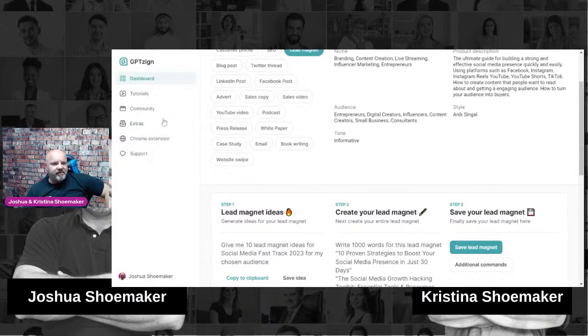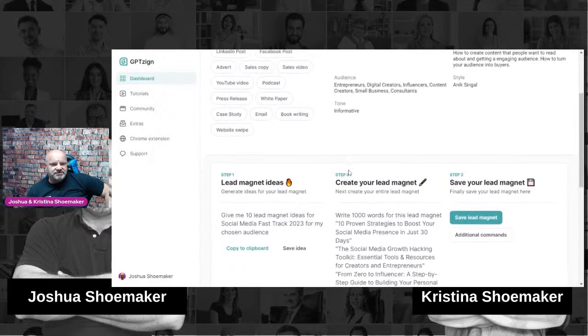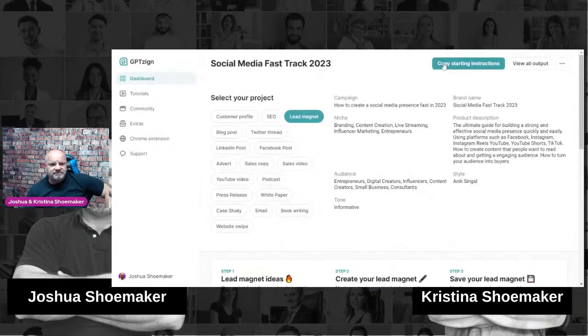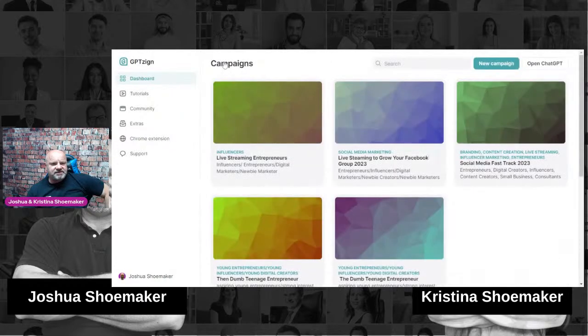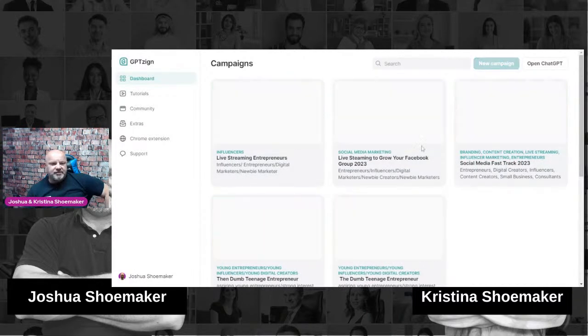View all output, so that's for this. To the dashboard. I have a couple things that I've kind of worked on, but let's just go to a new campaign.